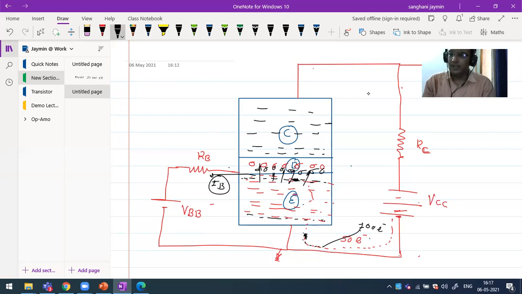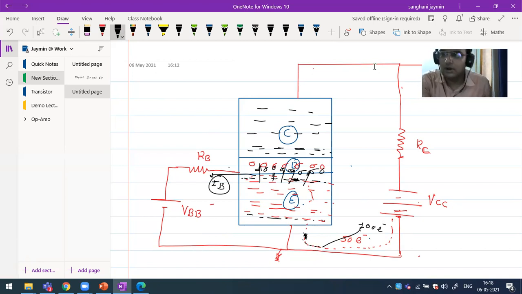And now whatever remaining electrons are left can travel towards the collector. Remember that point. If recombination is done, then this circuit can be considered an open circuit. The base emitter junction circuit becomes open if the maximum current flows. Remember that point. The remaining electrons travel towards the collector.